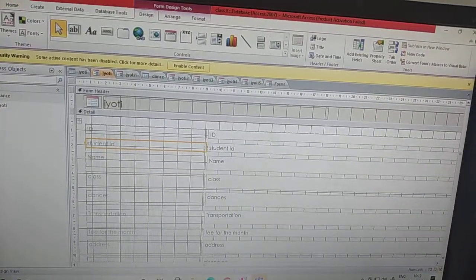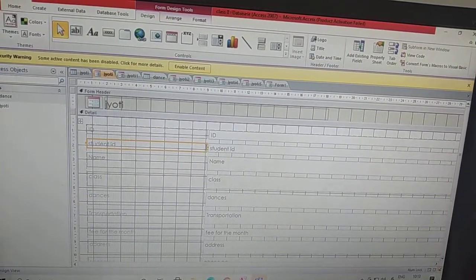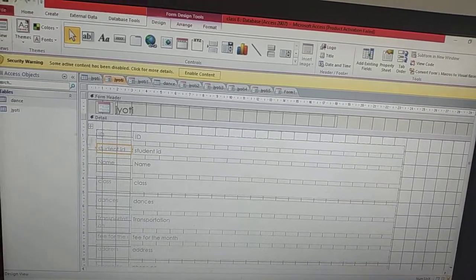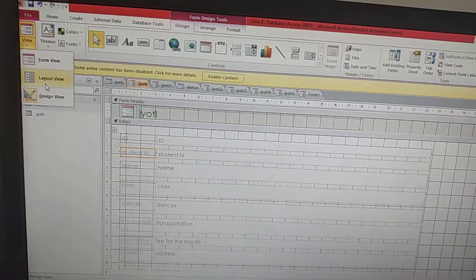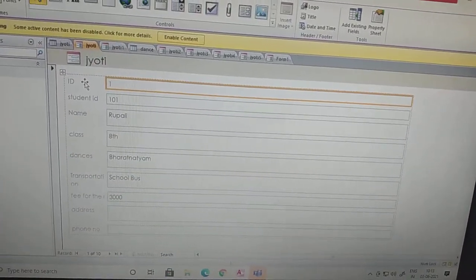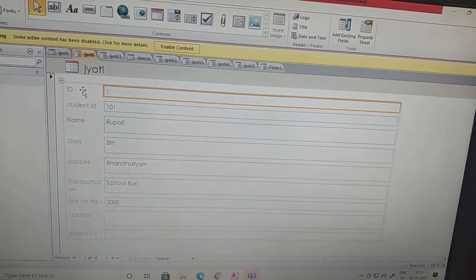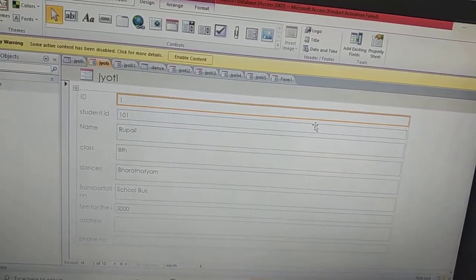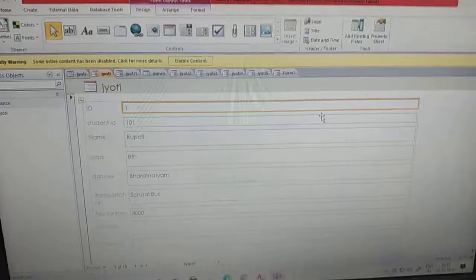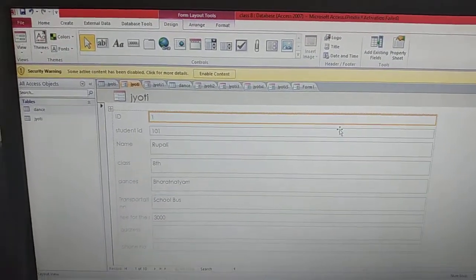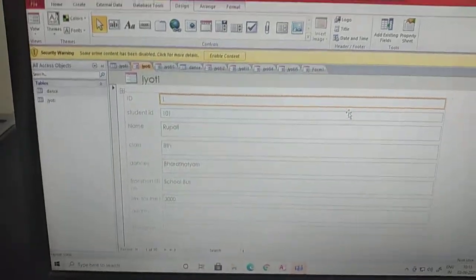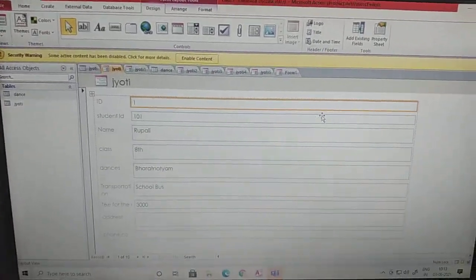When you go to the design view, I am going to decrease the width now. Yes, its width is decreasing. Now you see the layout. You see the difference. This is the difference. When you decrease, automatically the width will decrease. When you increase, the width will increase. So this is how you can change the view of your form. So two views, layout view or design view. First we will design, then we will see its layout.